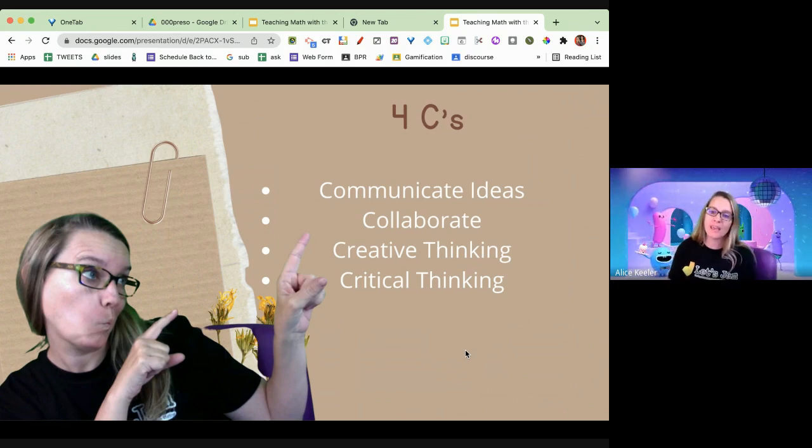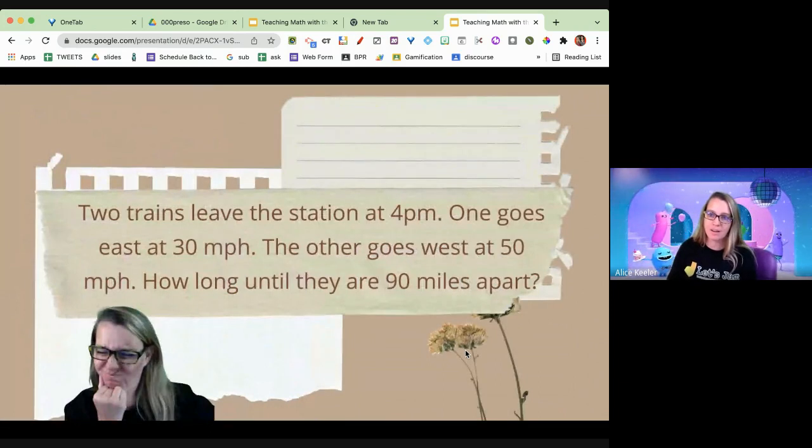And critical thinking would be more than DOK1. Now, this problem is hard. And if I were to ask people, what DOK level is this? I bet I'd get a lot of DOK4. But the truth is it's DOK1. If I've given you the formula, D equals RT, distance equals rate times time, if I've given you the formula that D1 plus D2 equals the total distance,